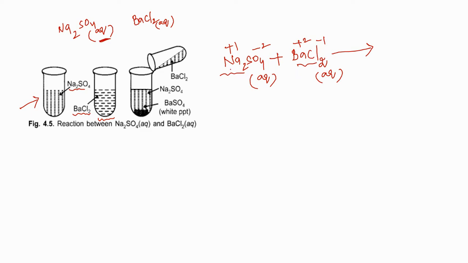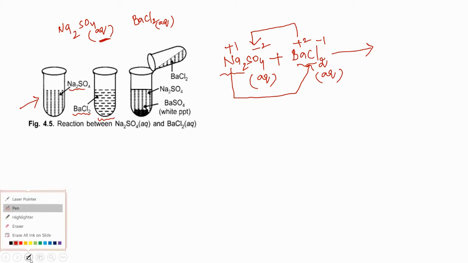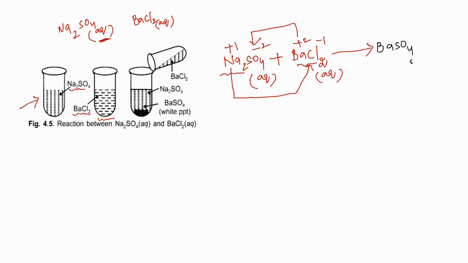You can see here the sodium plus ion reacts with the chlorine minus 1 ion, and the barium plus 2 ion reacts with the sulfate minus 2 ion. So you are going to get a new product, my dear students. The new product, I can write very simply, BaSO4, and I am writing here solid with a downside arrow, and also 2NaCl,